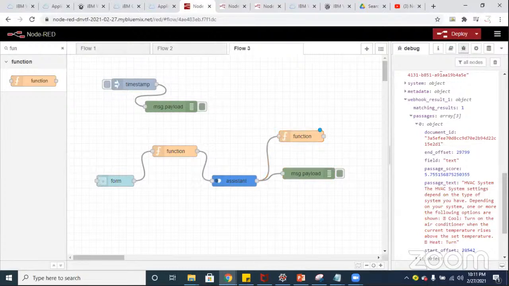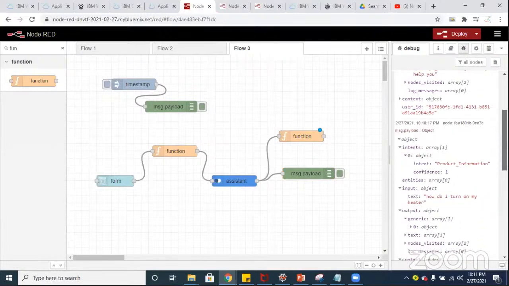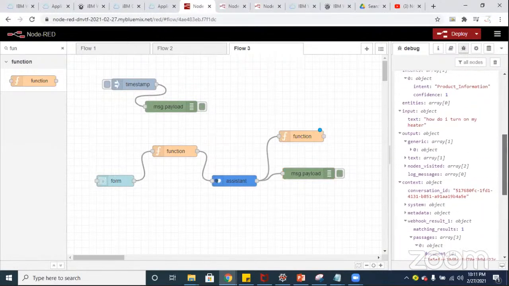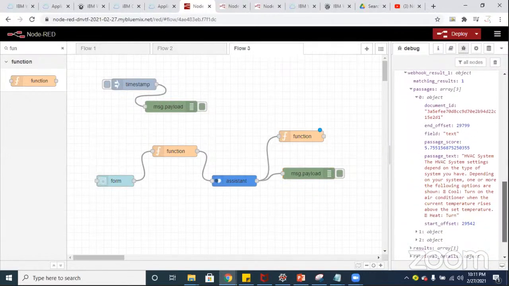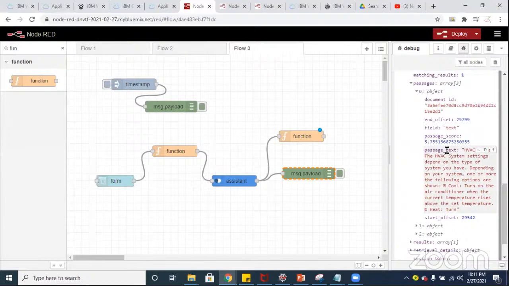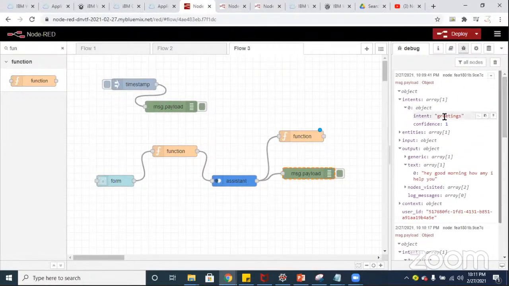All right. So here I have my intent as greeting, right? So let me write this condition where I write if my intent is product information, and set my passage underscore text as my output. Otherwise, if the intent is not from product information, then my output will be text. So for that, I'm writing a